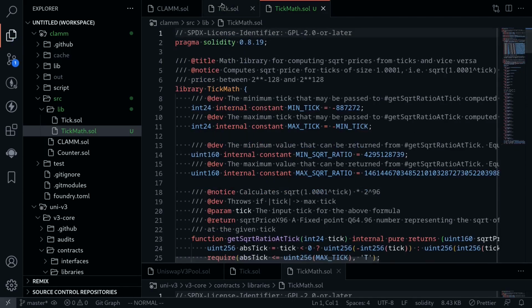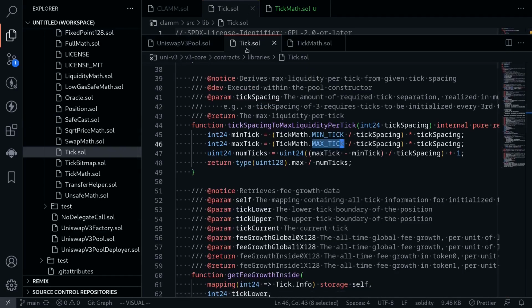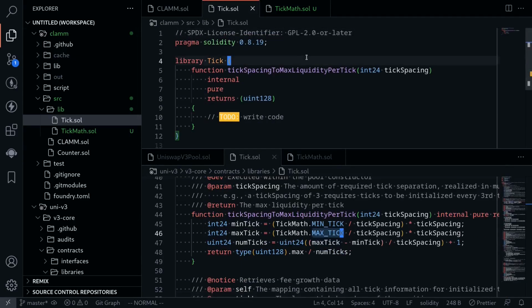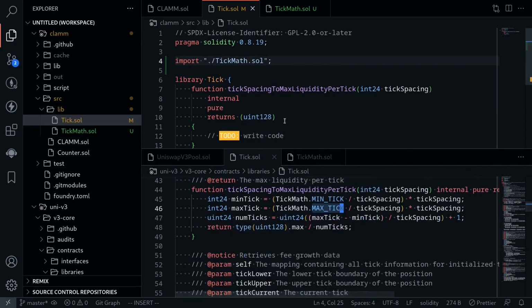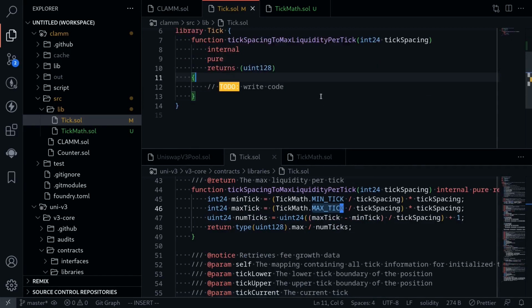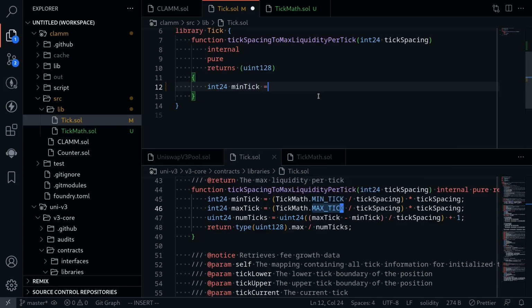Okay, next, let's work on tick.sol, tickSpacingToMaxLiquidityPerTick. And what we're going to do is copy the code from the Uniswap code, line by line. First, we'll need to import tickmath. So I'll say import from current directory, import tickmath.sol. And then next, let's first get the min tick. And the way we get it is by calling int24 min tick is equal to